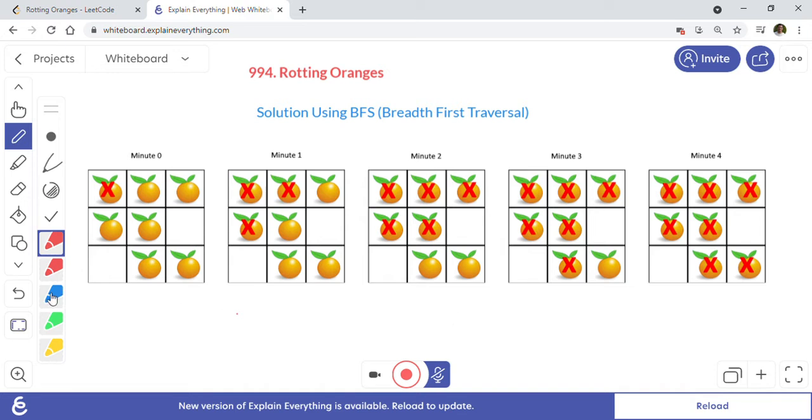So let's discuss this example that they have given us. The first cell is the rotten orange, right?